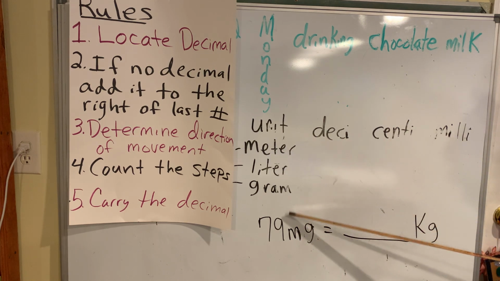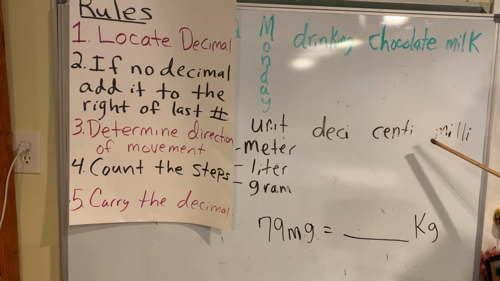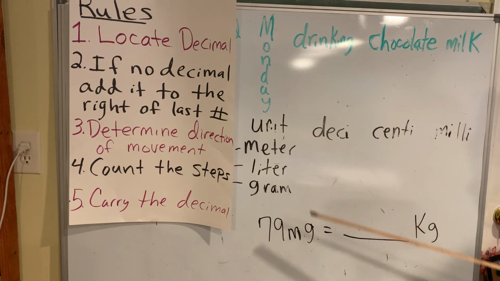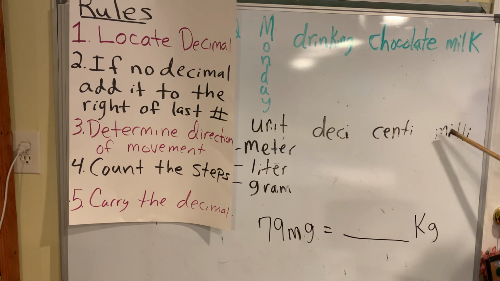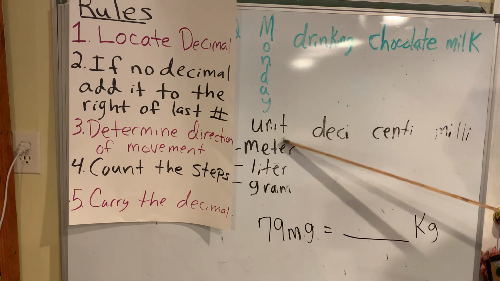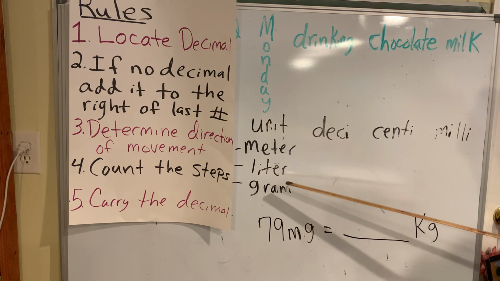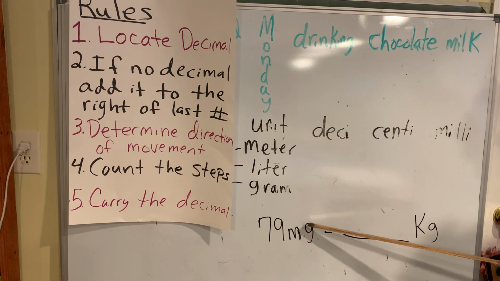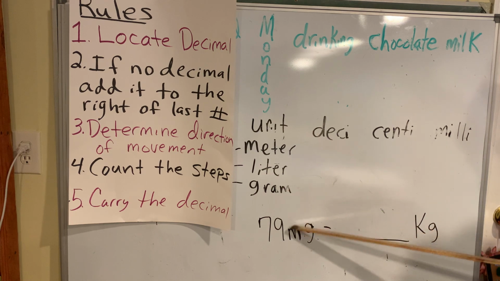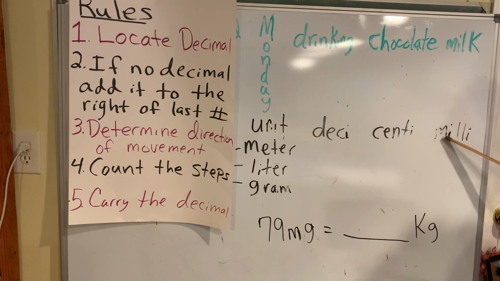Milli or meter? Well, we know if it has more than one letter, it has a prefix and a unit. So this has prefix unit. My prefix happens to be milli. Now, why did I say prefix and unit? What am I measuring in this example? Am I measuring distance, volume, or mass? I'm measuring mass. So that means that I am using grams right now for my example, right? So milligram is my unit, and milli is my prefix that is changing the size of my gram. So I'm going to go from milligram to kilogram.